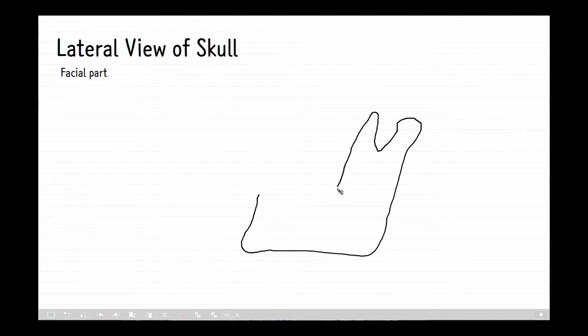Bone to the ramus of mandible. The other important part in the lateral view of skull is the ramus of mandible, and it will be described briefly here because it lies within the middle region of this view of skull. Mandibles are shaped like this, and there are lower teeth on the mandibular body like this. The ramus is a plate of bone projecting upward from the body.